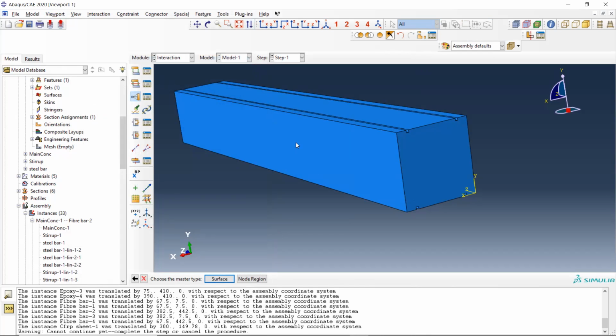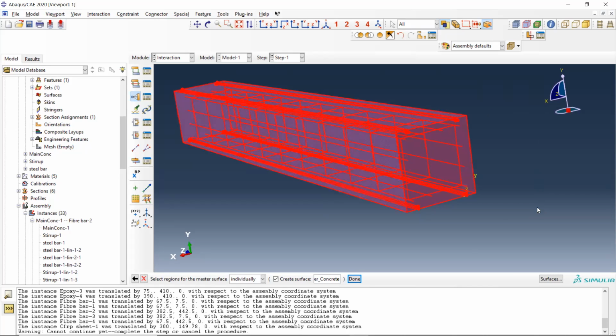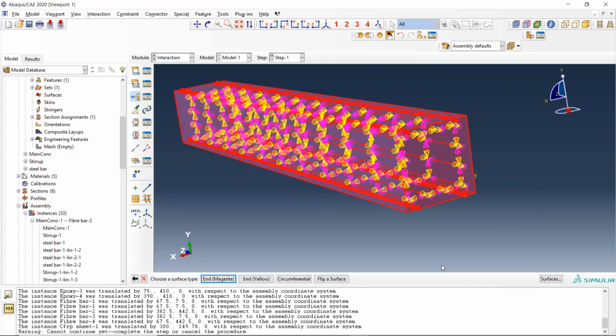So the whole diagram should be selected now. Why is it coming in this way?